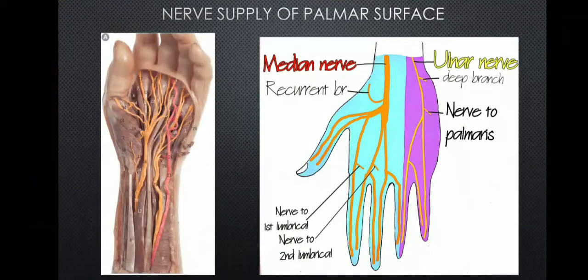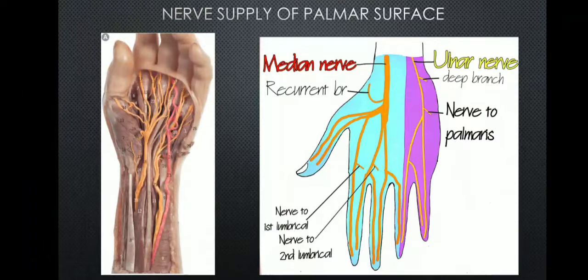Now moving on to the nerve supply of the palmar surface. Basically, the ulnar nerve is the main nerve of the hand, whereas it supplies the medial 1.5 fingers by its superficial terminal branch. The ulnar nerve enters the palm by passing superficial to the